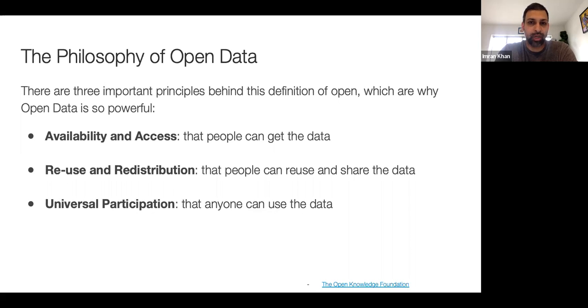There are parts of the world where data is not really accessible due to the sheer fact that they may not have the appropriate tools or the appropriate infrastructure in place to be able to access it. So more and more organizations have started to think deeply about this idea of universal participation.